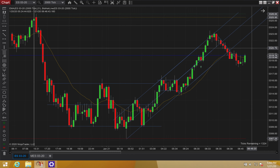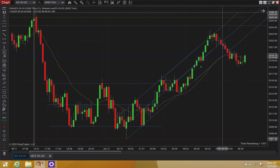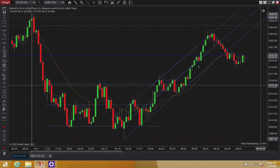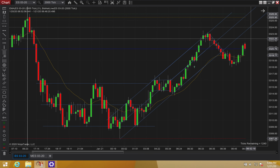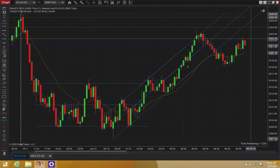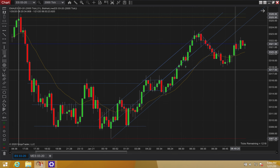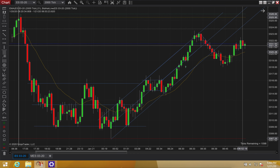So on that next pullback, I'm going to try to go long and see if we get a retest of the highs or this close, something like that. Right. So we're waiting, get a nice kind of surge for a second, another little push, and then here is where I took my only ES trade today. Going into this trade, I can tell you that